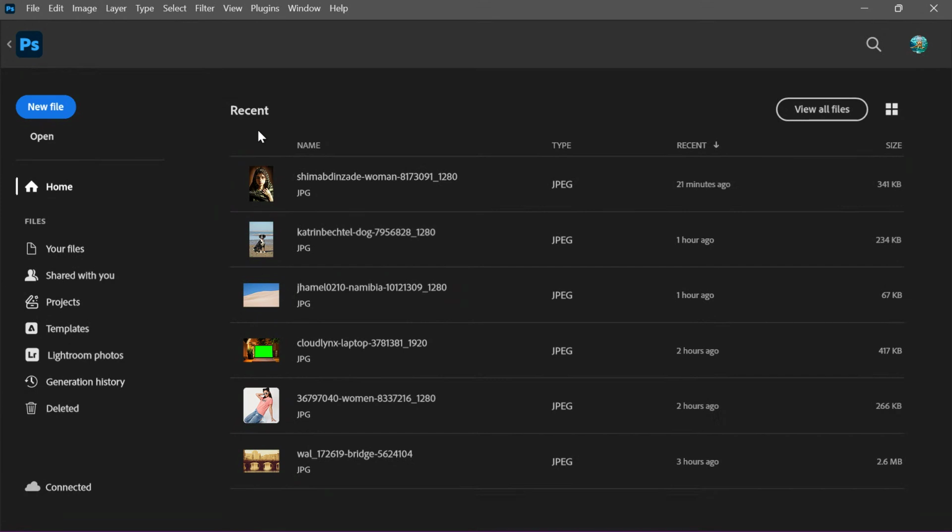This method is used by professional retouchers to ensure that every pixel looks its best, without adding unwanted grain or